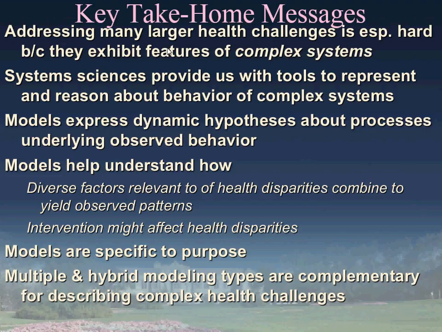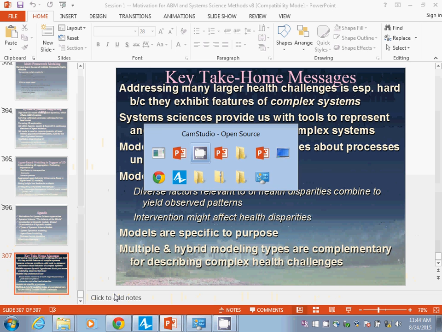These models are specific to purpose. We do not build a model of Saskatoon. We do not build a model of TB in the United States. The model will be different for different needs. And multiple and hybrid modeling types, it turns out, are going to be complementary for describing complex health challenges. So I'm going to stop this particular lecture here, but I'm going to